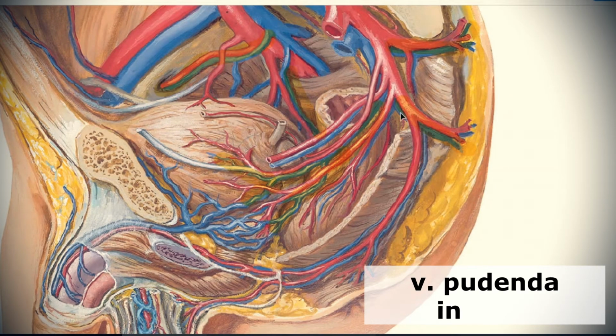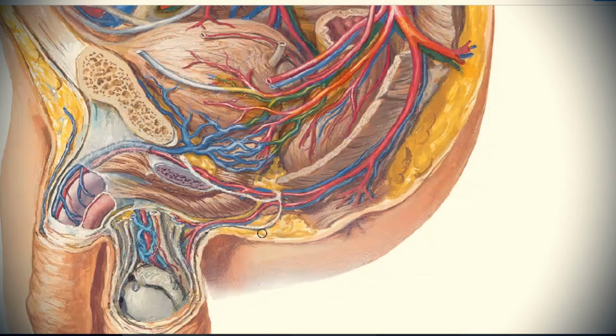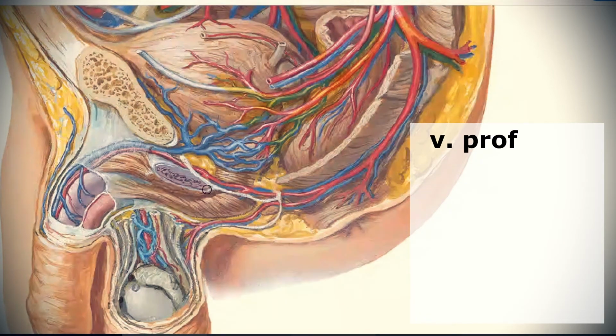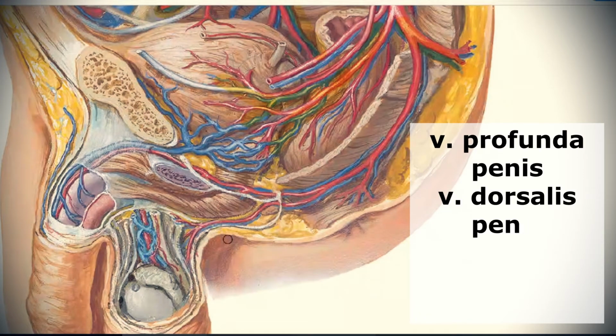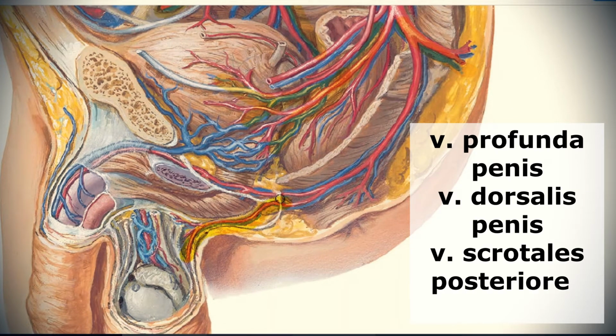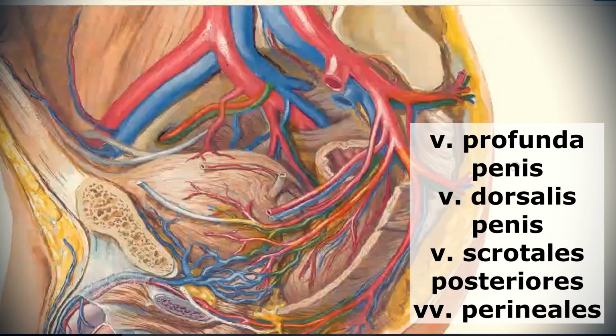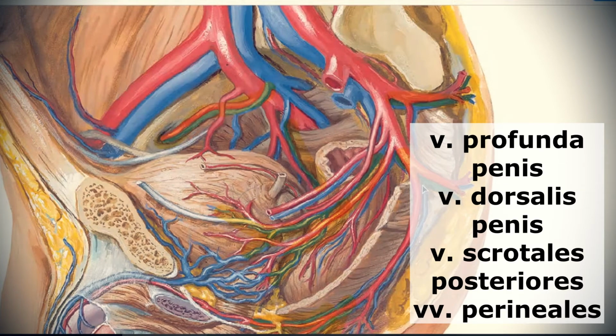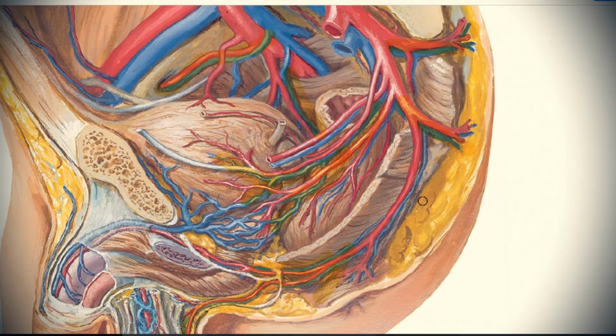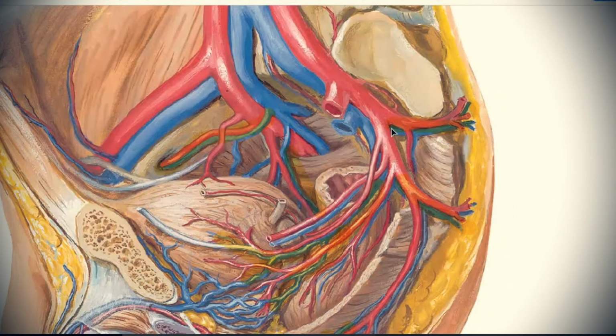Vena pudenda interna accompanies the same artery, and as you can understand, it originates in the perineal region. If we talk about male, it will consist of vena dorsalis penis and vena profunda penis, then vena scrotalis posterioris falls into it, and vena perinealis falls into it, then vena rectalis inferior falls into it, and then this vein goes through foramen ischiadicum minor, then goes through foramen infrapiriformis